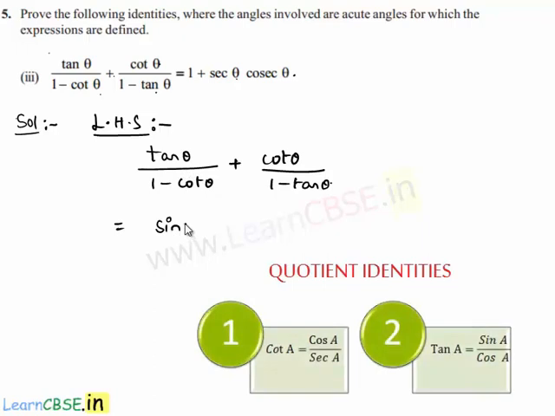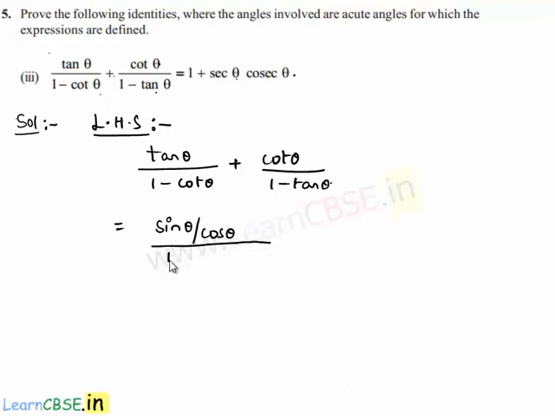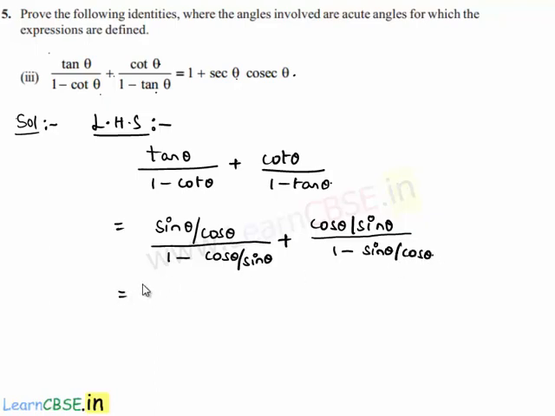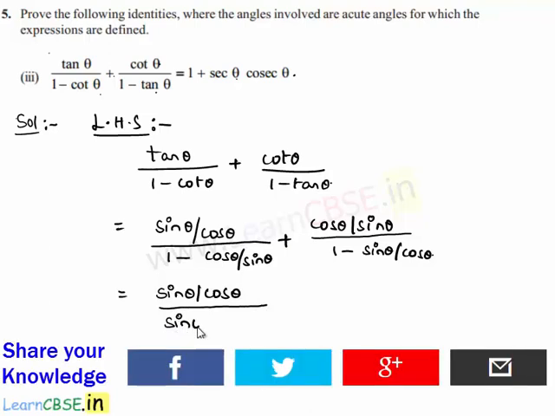So we know that tan theta is nothing but sin theta by cos theta whole divided by 1 minus cot theta is nothing but cos theta by sin theta, plus cot theta can be written as cos theta by sin theta whole divided by 1 minus tan theta is nothing but sin theta by cos theta, which is equal to, so sin theta by cos theta, let it remain as it is, and in the denominator if we take sin theta common, then we get sin theta minus cos theta